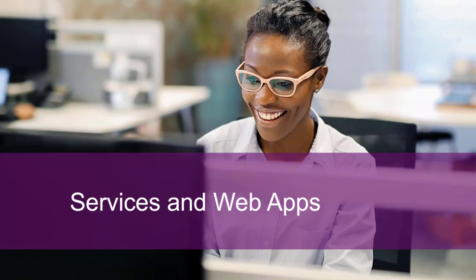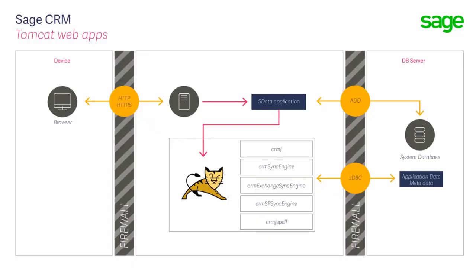Now, I'm sure you may well have some questions about that, but I want to deep dive into some of the details of these services and the web apps that we're looking at. So you've got a range of different applications. When a request comes in, we'll find that there's a redirection from IIS to Java through what we call